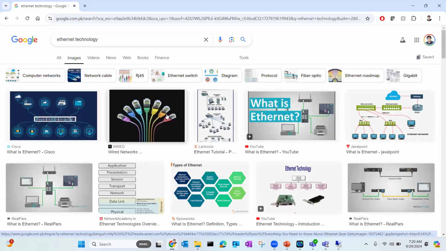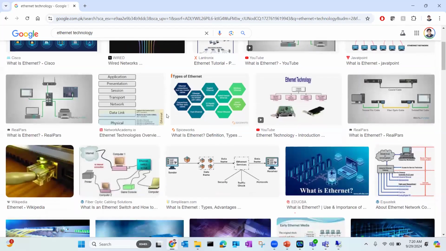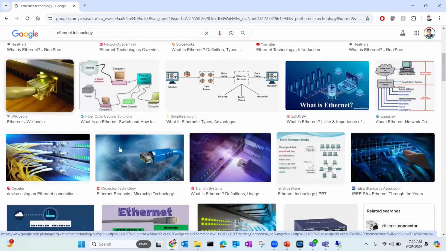I would also recommend that you search about the types of twisted pair cable. There is straight cable, crossover cable, rollover cable, and there is a lot of material available on the internet regarding how you can